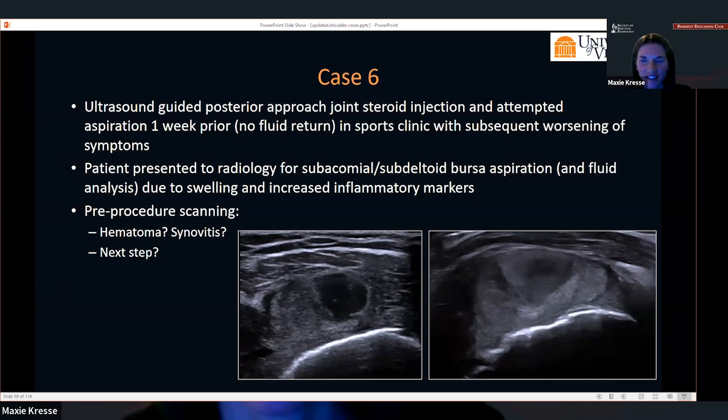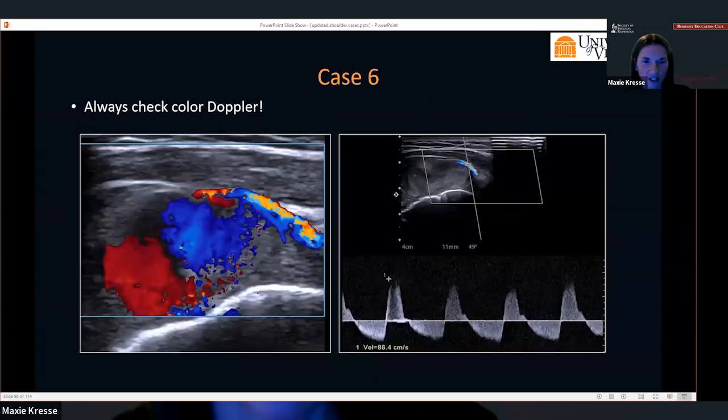Yeah, a couple of mixed answers. So if you're about to do a procedure, one thing you definitely always want to do, which somebody did comment on in the chat, is you make sure to check color. So this makes you glad you turned on the color. Anyone have any thoughts now on what the diagnosis is?